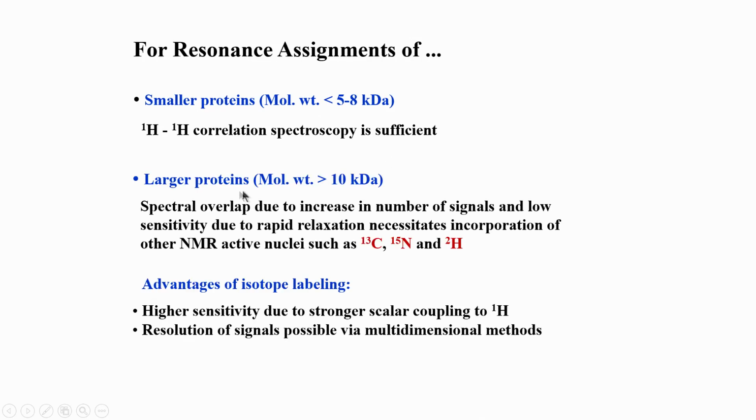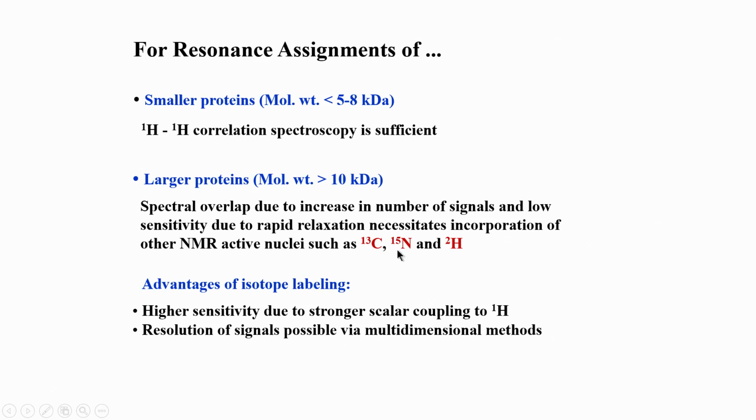But as the protein becomes larger in size, for example, look at this here, it could be 100 amino acids or 90 amino acids, these are slightly getting bigger and bigger, then you have spectral overlap due to increase in number of signals, because the signals come in the same ppm values. So, I now have more signals because I have more amino acids. That will obviously result in signal overlap. In such cases, I have to resolve the signals, meaning separate them, and that can only be done with 3D NMR. So, this is why we need to now start labeling the protein with different nuclei.